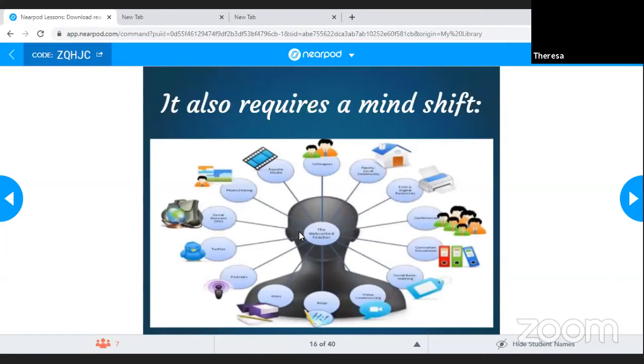So as you can see, it's not much different to what we've done in the past, but it does require a mind shift. As teachers, we now need to understand that we do not completely control the learning environment, but that we are at the center of it. As a teacher, we now need to make sure that we understand we need to have a connection to everything that is available in support of the learning process.